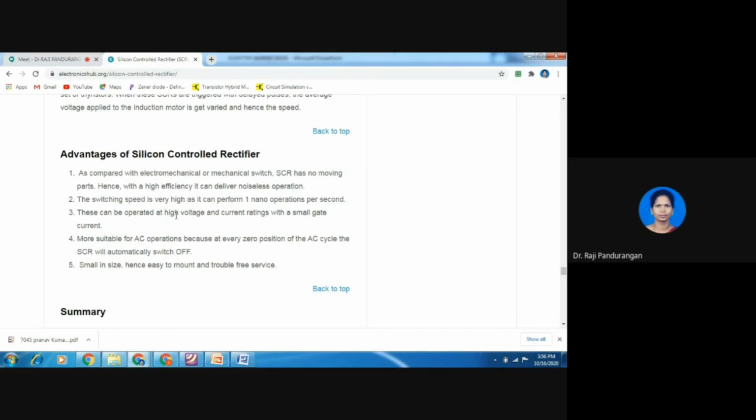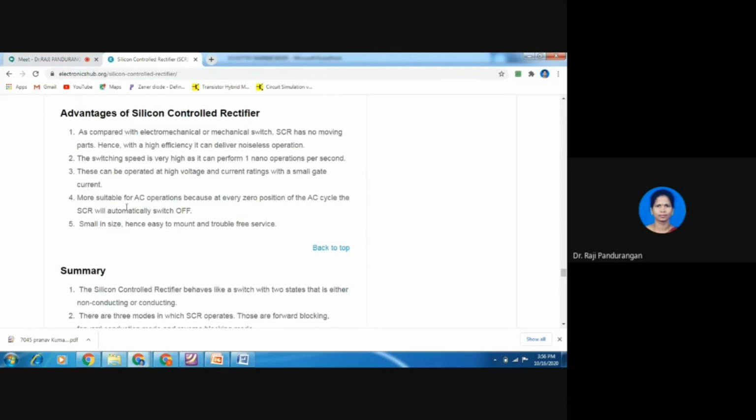One more thing is current rating. You need not say all this that much. It is operated at high voltage and current rating with a small gate current only. With a small gate current itself, you can operate the device, and it is more suitable for AC operations, because AC in the sense